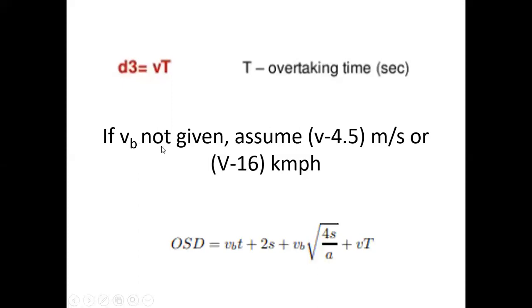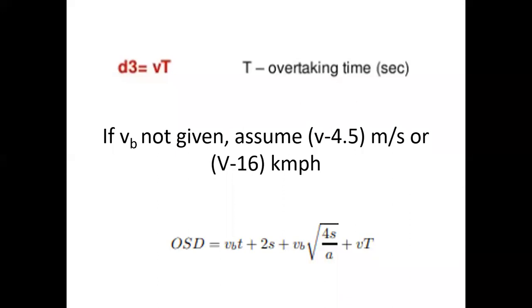So you will take it as, suppose it is in kilometer per hour, directly subtract. As I told, if the design speed, for example, is 80 kilometer per hour, then your V_b will be 80 minus 16 kilometer per hour. Otherwise, suppose it is in some 30 meter per second, sometimes you may convert also and do, right? So if it is in meter per second, it will be 30 minus 4.5 meter per second. Okay, so again, I'm repeating.